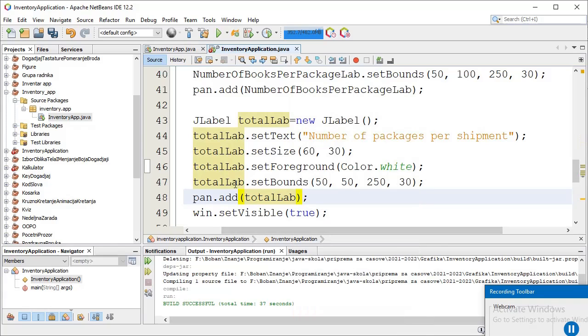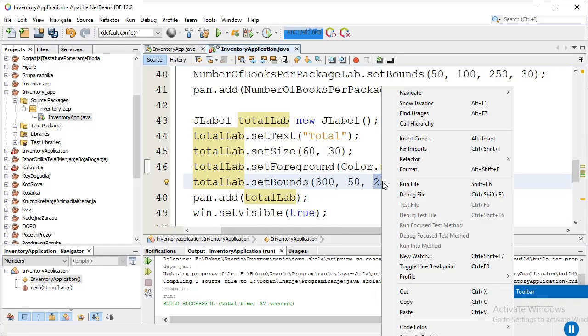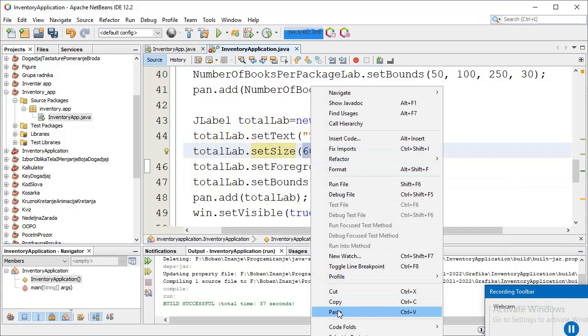I change the reference to the third object, and the text should be total. I will change the x coordinate to 300. I will change the size for all of these objects, the size to be 250.